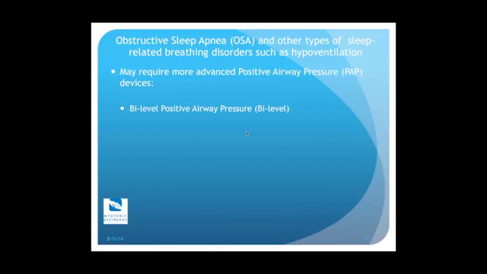And so in those instances, maybe switching to something called bilevel, which administers a higher pressure when you inhale, and then when you exhale, it drops the pressure. That can sometimes help tolerate it. And then there are even more complicated devices, which we won't go into, but I just wanted to put that up there. There are very sophisticated devices out there these days. As far as compliance, if we look at a year or two out, if I prescribe a machine to 100 patients, this is not in myotonic dystrophy, about 50 of them will be using it a year or two out.